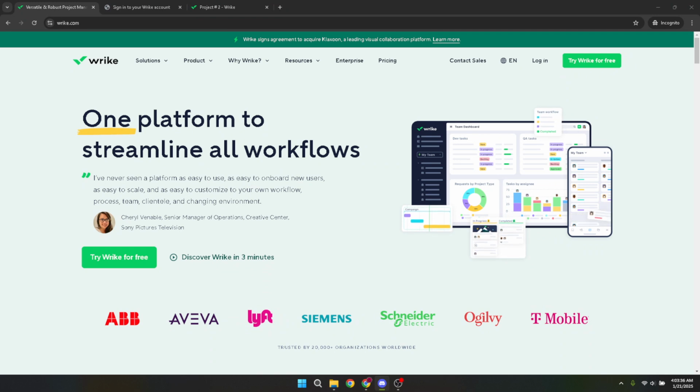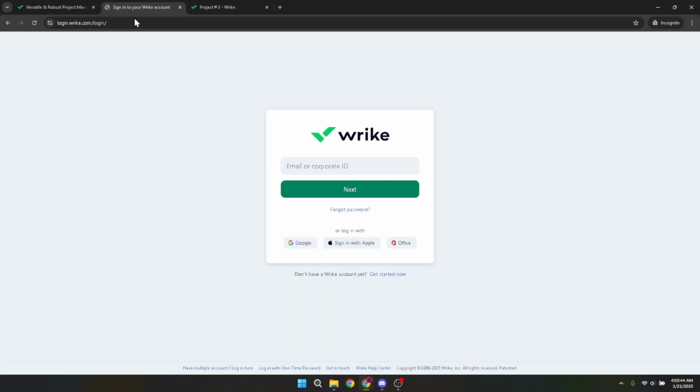First, go ahead and log into your Wrike account. Once you've reached the login page, you'll see a variety of options for signing in. In this case, we'll click on the Google option. It's a convenient choice if you're already logged into your Google account, saving you the hassle of remembering another set of credentials. After clicking Google, simply select your account from the list that appears, and you'll be logged into Wrike